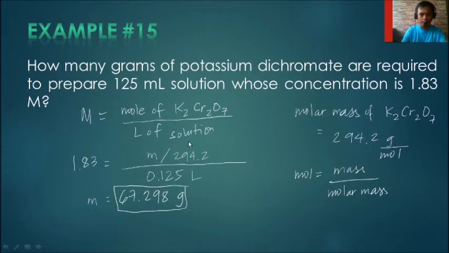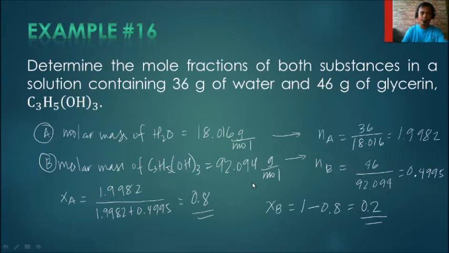And then, what will happen here is we just multiply all the quantities. So, we have 1.83 multiplied by 0.125 multiplied by 294.2. So, you will get 67.298 grams. Next problem. So, determine the mole fractions of both substances in a given solution containing 36 grams of